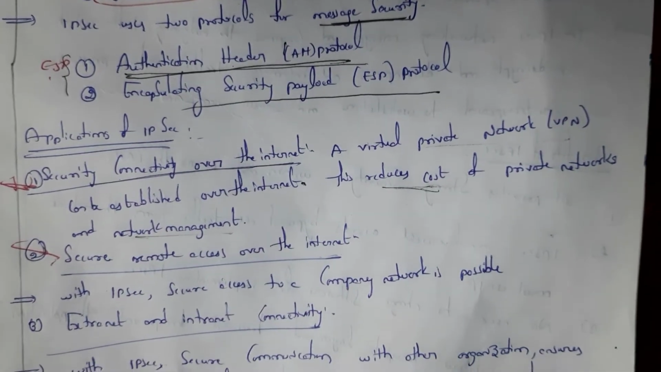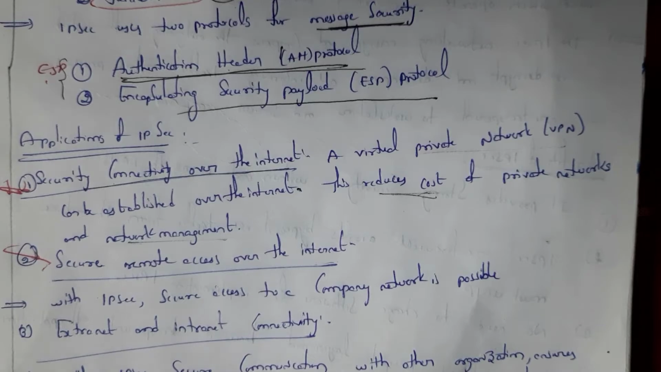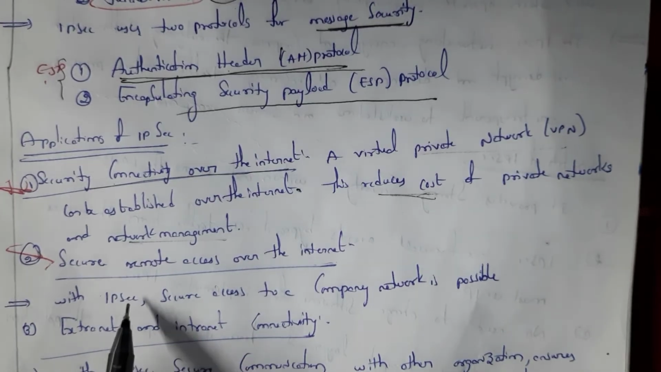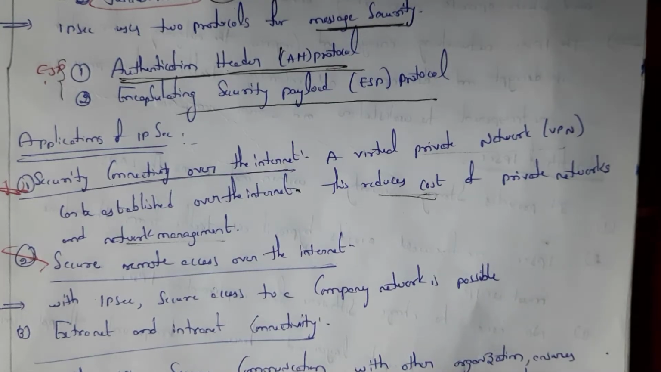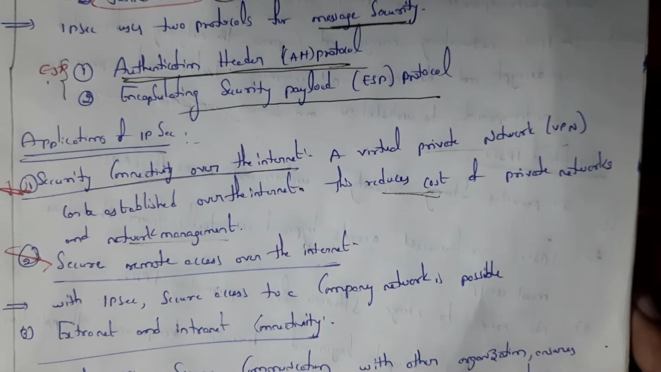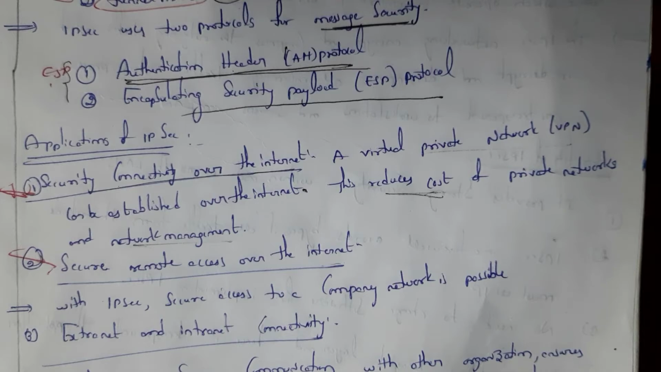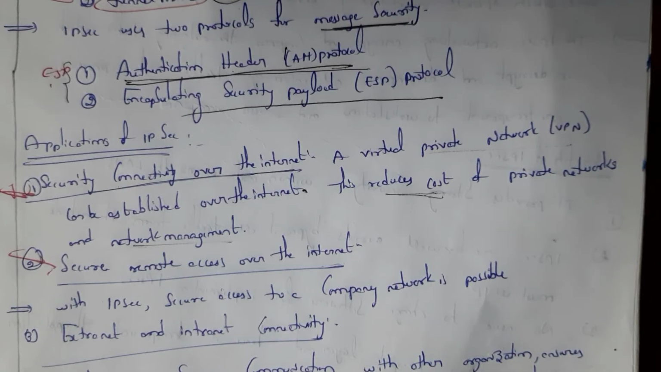And next one is secure remote access over the internet. With IP security, secure access to the company network is possible. Many of the companies are using the internet, so in order to securely communicate among the employees, this IP security is used. And third one is